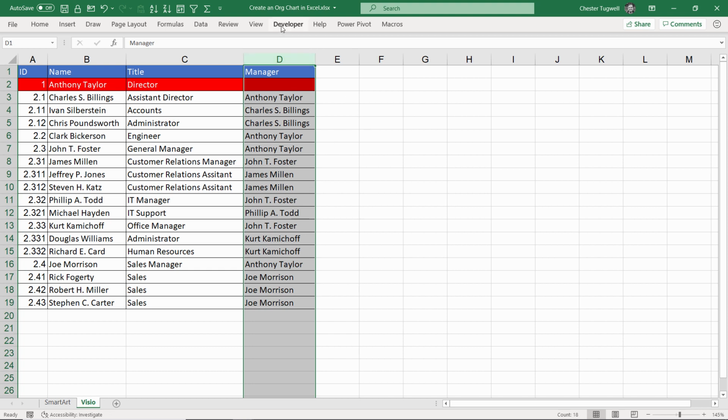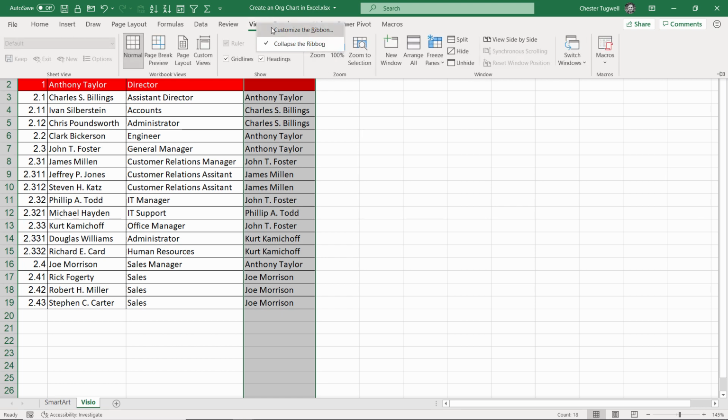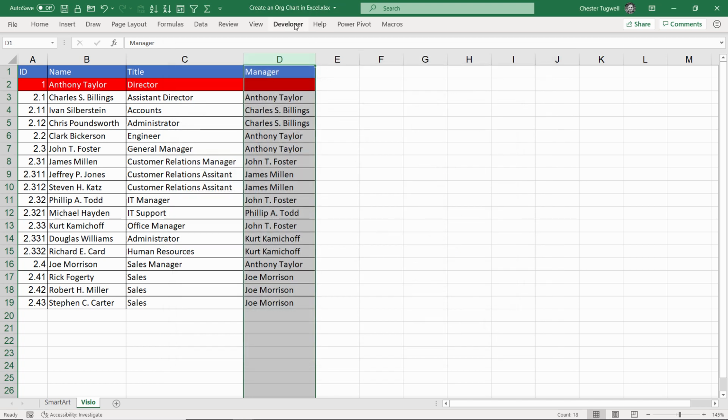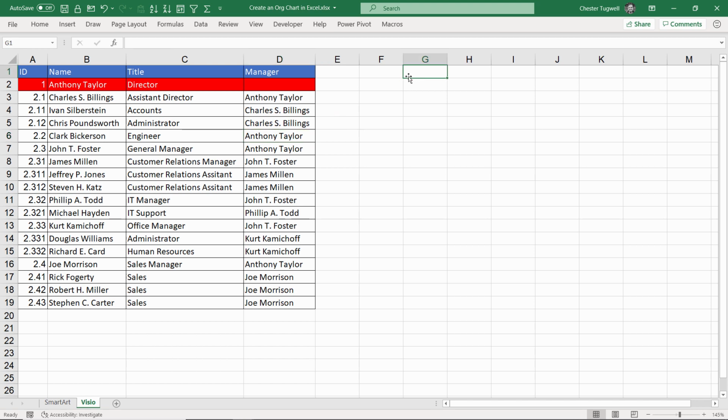We'll add the add-in that's necessary to achieve this. For that, you'll need the Developer tab on your ribbon. If you can't see it, right-click on one of the other tabs, customize the ribbon, and tick Developer. Now, before you do anything on the Developer tab, click into an empty cell in your spreadsheet, then go to